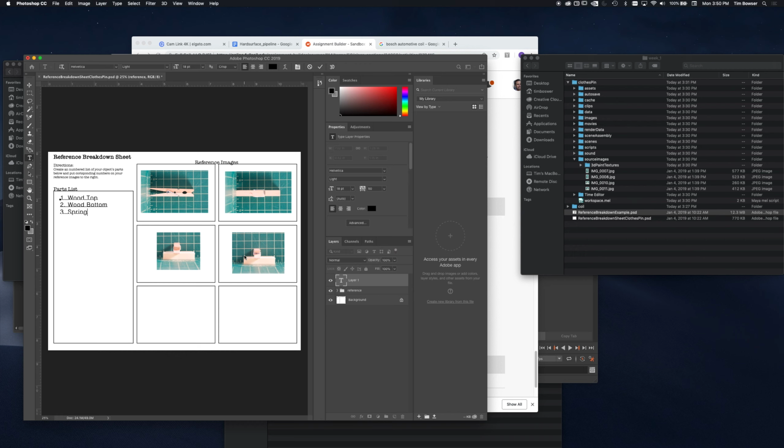Actually, we have to exit out of this first, so I could click either another layer here, or I could have simply clicked on the tool to kind of get out of there. And let's click on that text layer, and you can kind of position this. So I'm just using Shift and the arrow keys to kind of quickly move this around to a place that looks good. And I'm going to go ahead and bring up the text tool again,